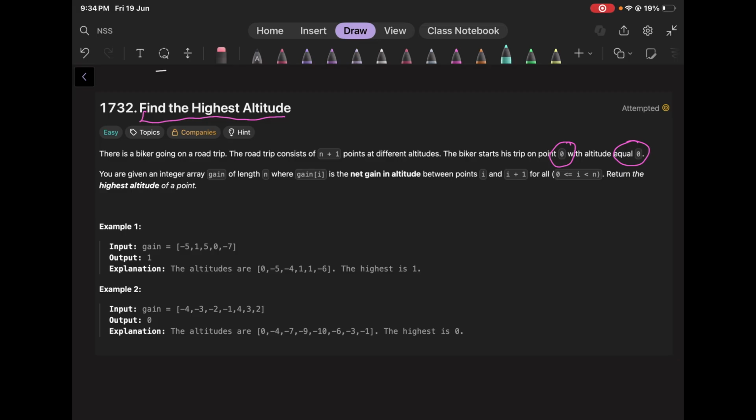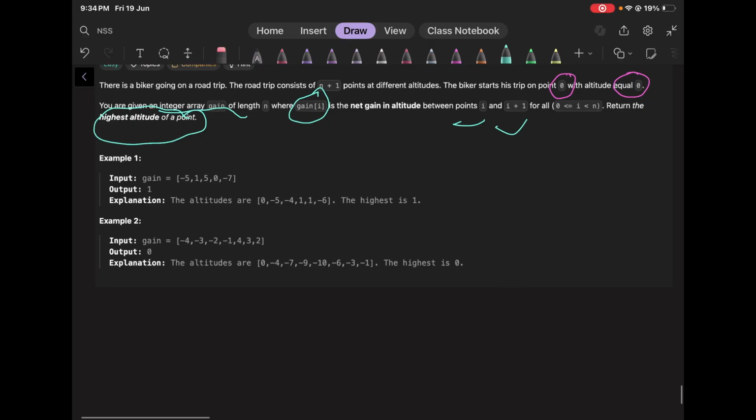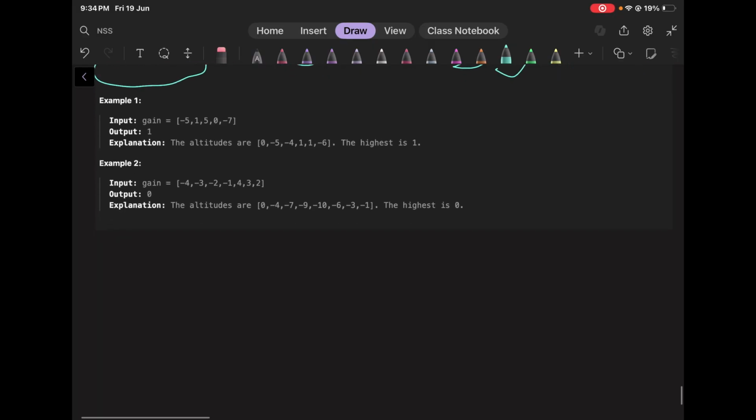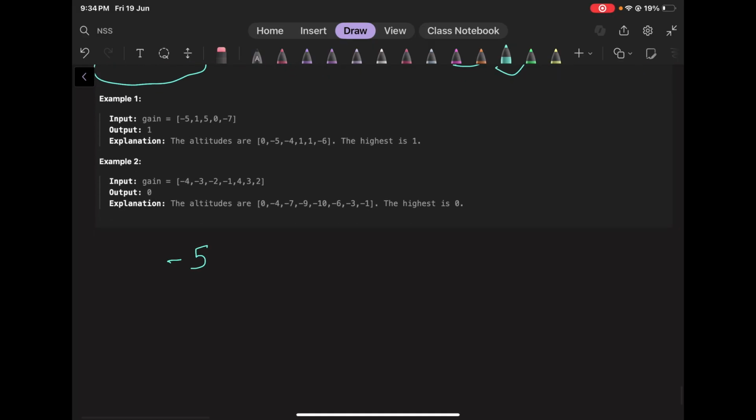We are given an array of integer called gains, where gain of I is the net gain in altitude between position I and position I plus 1. We need to return the highest altitude of the point. So for instance, we have given gain as minus 5, 1, 5, 0, negative 7. Okay, so